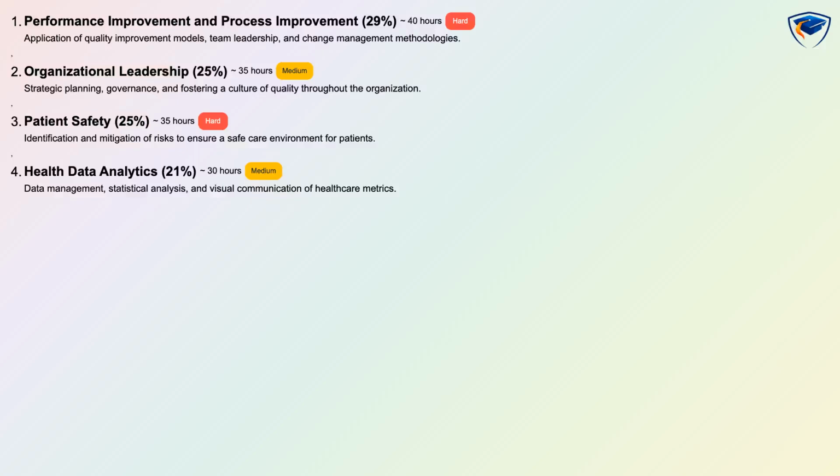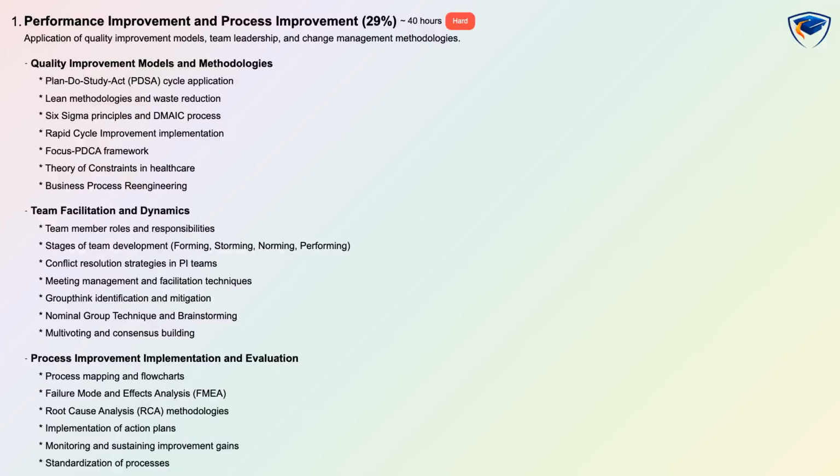The recommended estimated learning time sums to 140 hours across all domains, and this guide highlights the key topics you must master. Performance improvement and process improvement is weighted 29% and focuses on application of quality improvement models, team leadership, and change management methodologies. This domain is rated hard, expects about 40 hours of study, and is assessed with conceptual